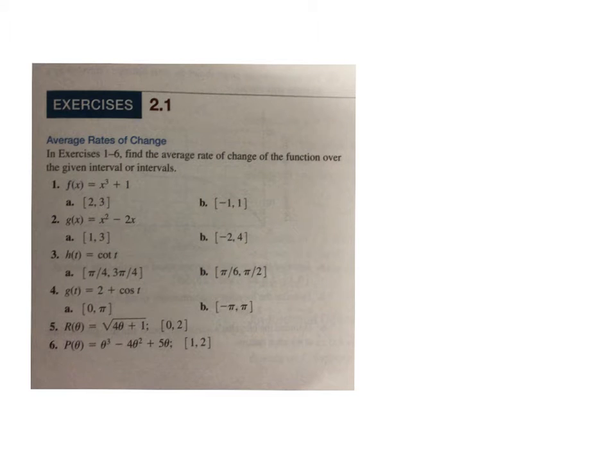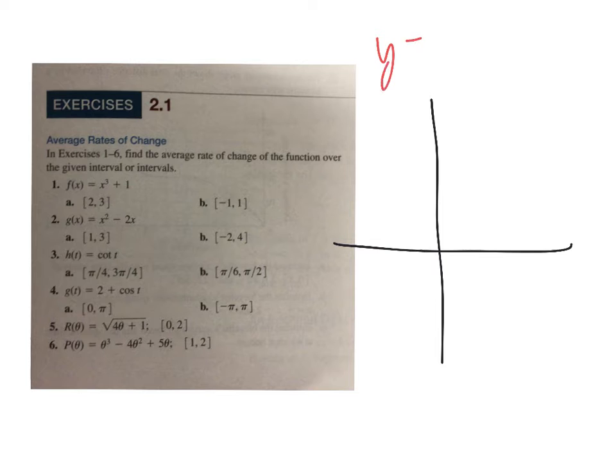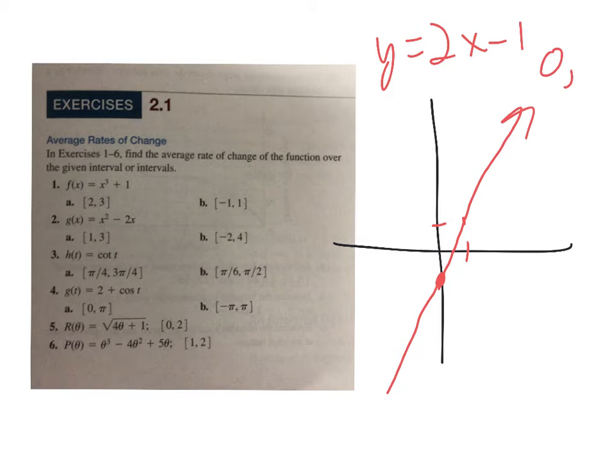Here we go. Depending on what you've seen before, average rate of change is just finding the slope, as in some earlier courses. If it's a line, think about a line. That's not one of these questions, but what if I have the line y equals 2x minus 1? I know it starts at the y-intercept, and the slope is 2, so here's this line. And if I wanted to find the average rate of change from 0 to 3, say,